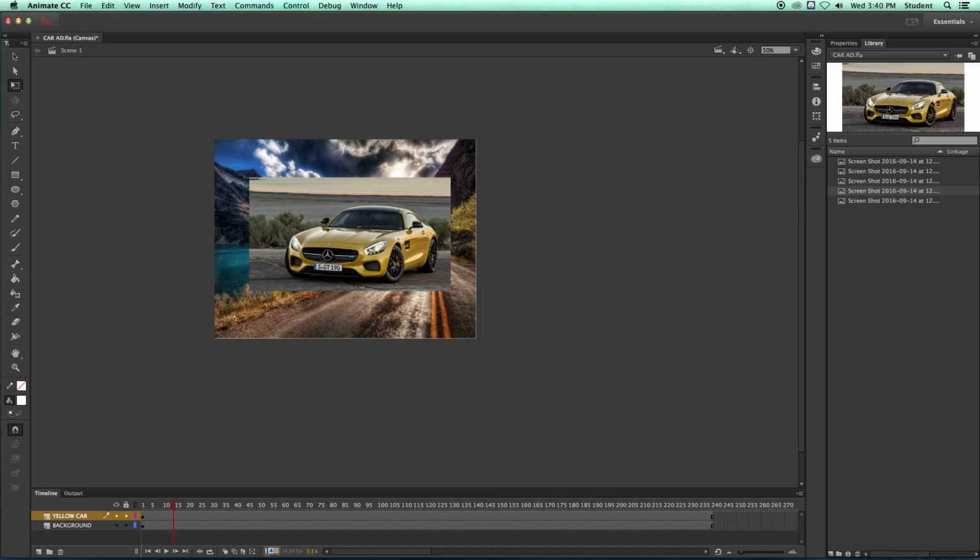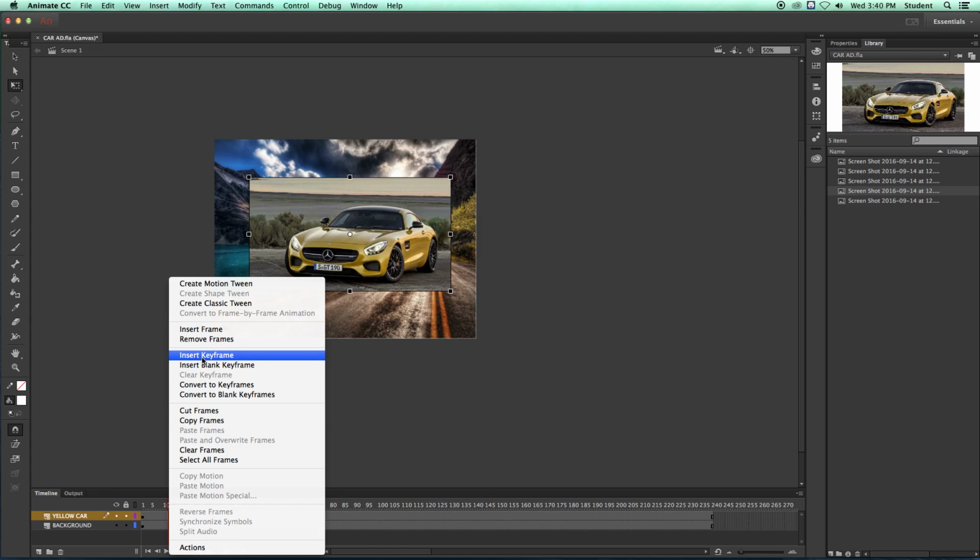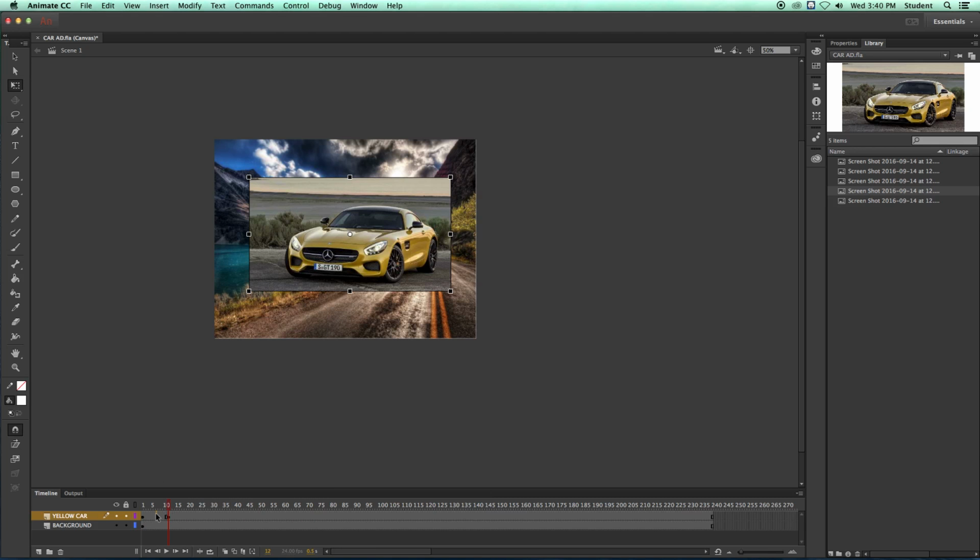I can also type frame 12 over here to go directly to exactly frame 12. I can click on that frame, right click, and insert a keyframe. The keyframe will let all the frames after that, or all the imagery after that, be different. So if I insert a keyframe, now I can make some changes on either side of this keyframe. I still see that car image is still there all the way across, but if I click on this side of the keyframe, if I highlight that,